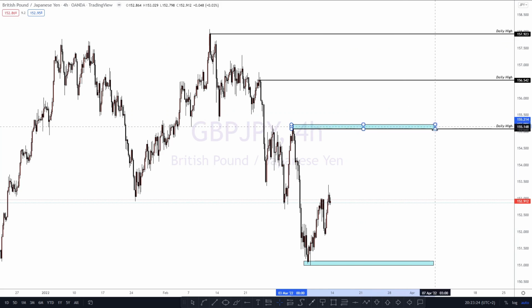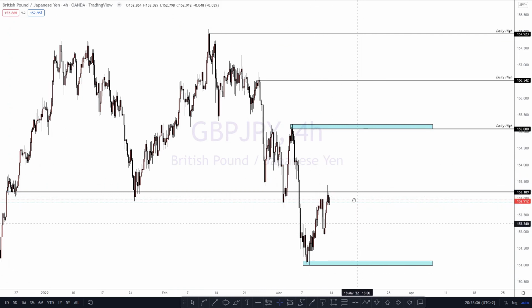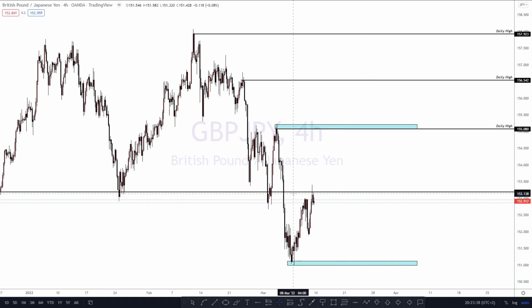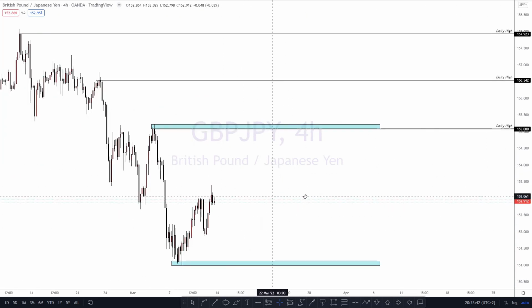What am I anticipating on this one? I'm expecting that price could do the very same thing that JPY did, which is to push up to here and then drop. But it could also reject this level right here, and then push to the downside along with JPY and drop further. But for now, what is it that you want to see?